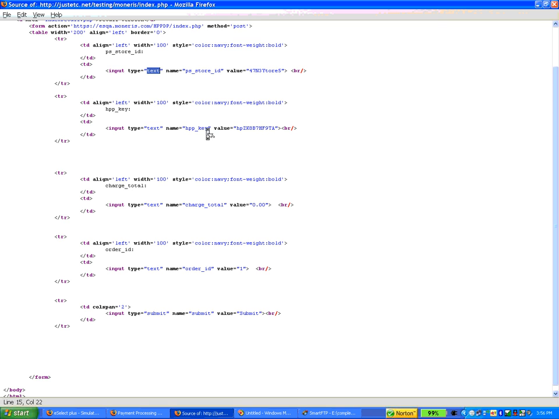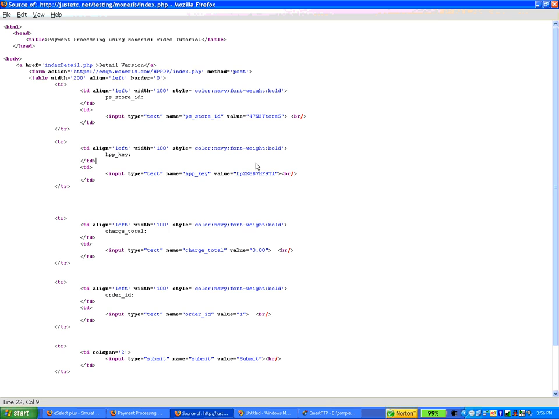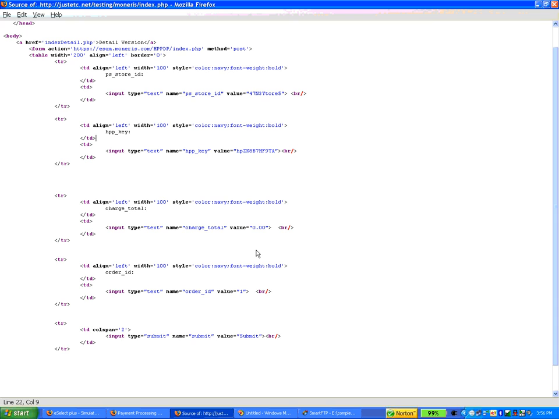And the HPP key, you also need to supply this. This is also a must. And the charge total. The control name is charge total. I am providing the value 0.00. You can provide anything you want, but for the testing server, there are some predefined values. Based on the charge total value, it will approve or decline your transaction. It's just for testing purposes,